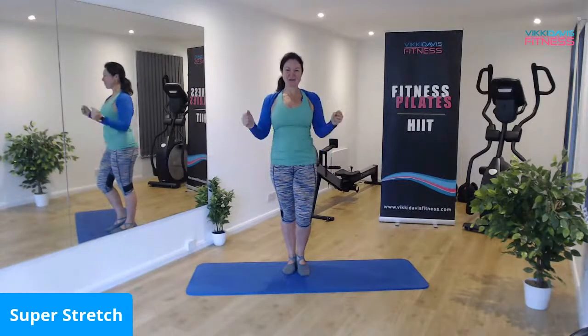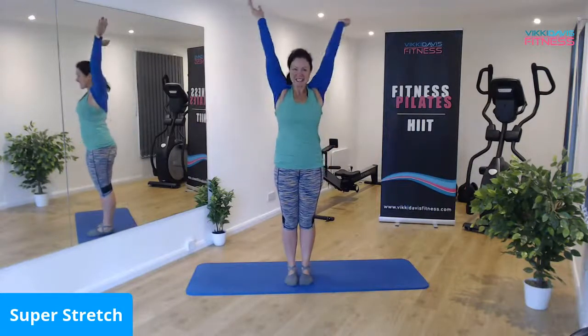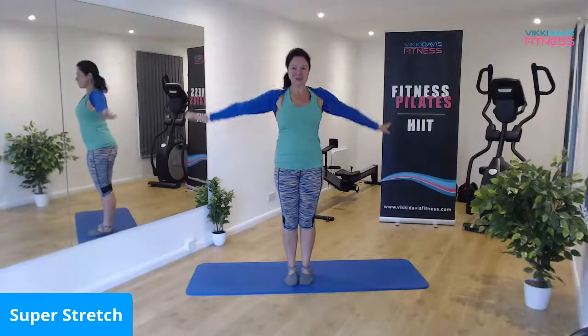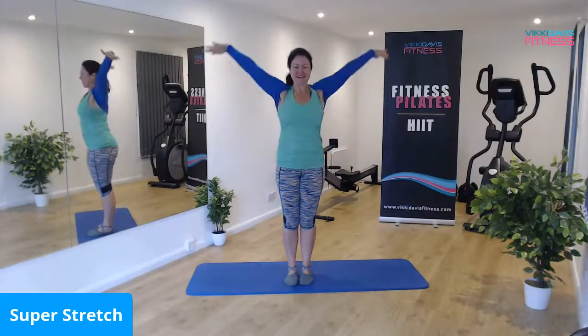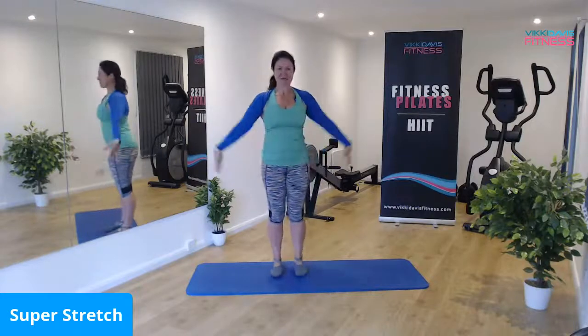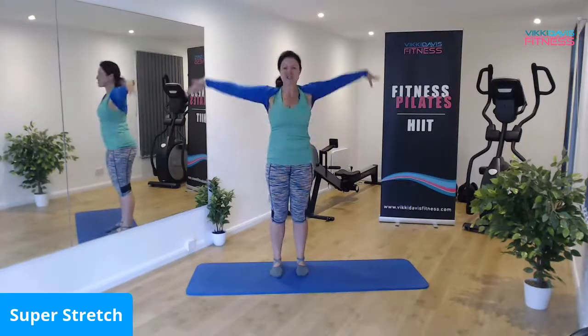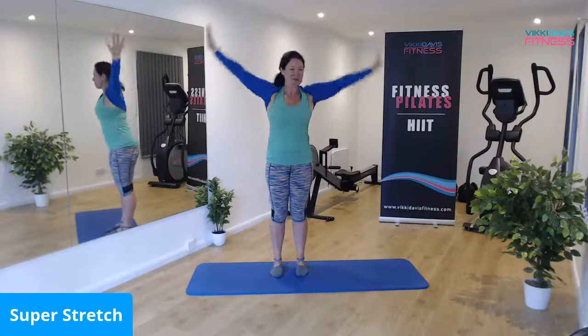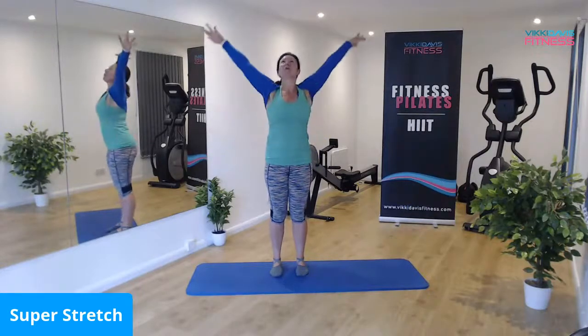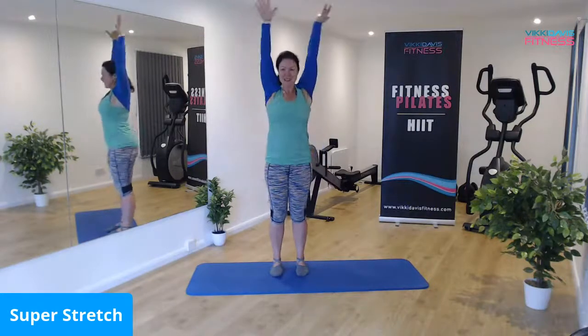And are you ready for a super Saturday stretch session? So I'm going to fit as many stretches in this 9 minute window as I possibly can. So just start straight away with this lovely stretch up. The first part will be some mobility stretches, but the idea is to really loosen us up, having probably had a very busy working week,